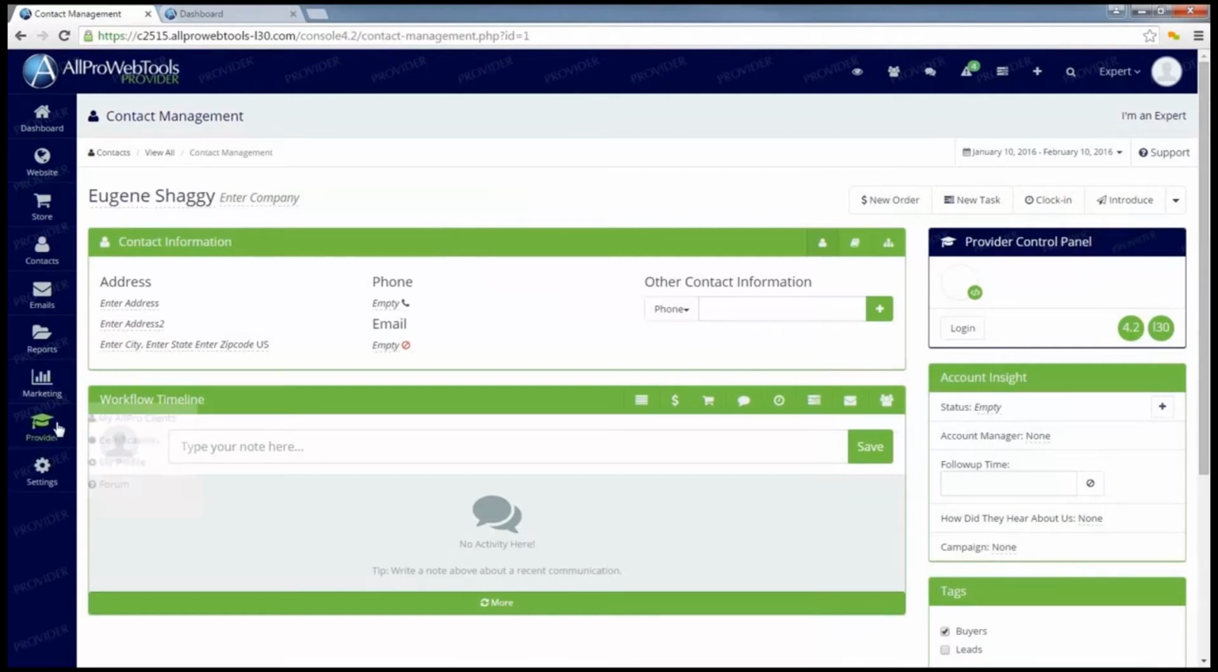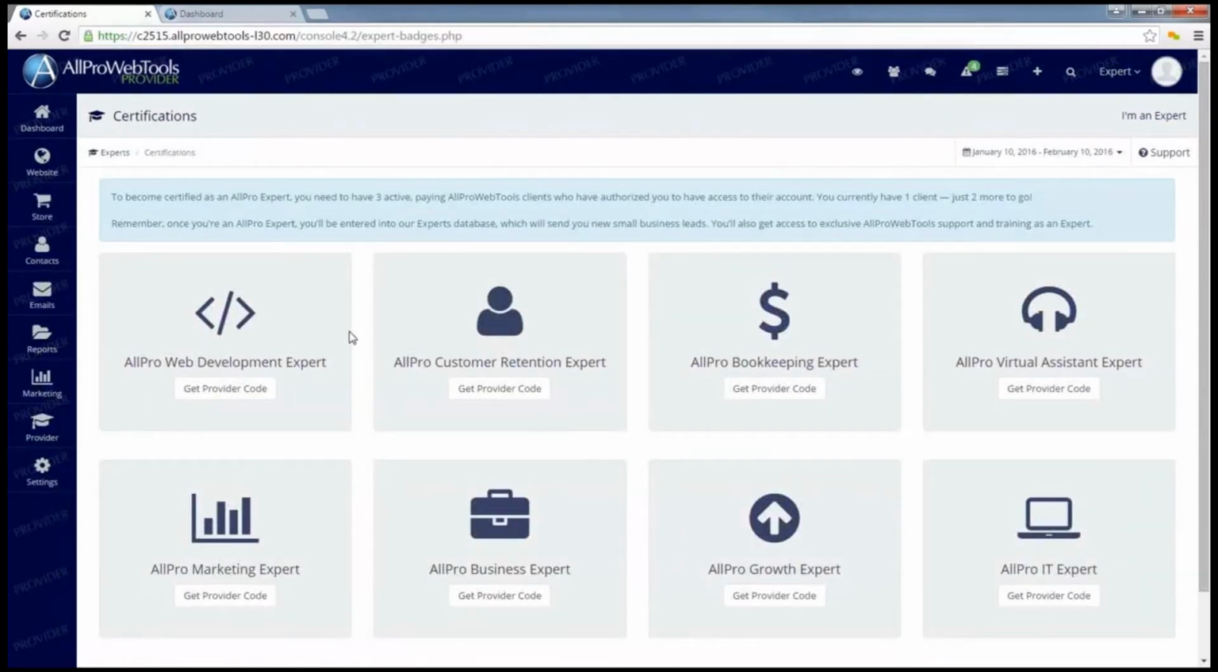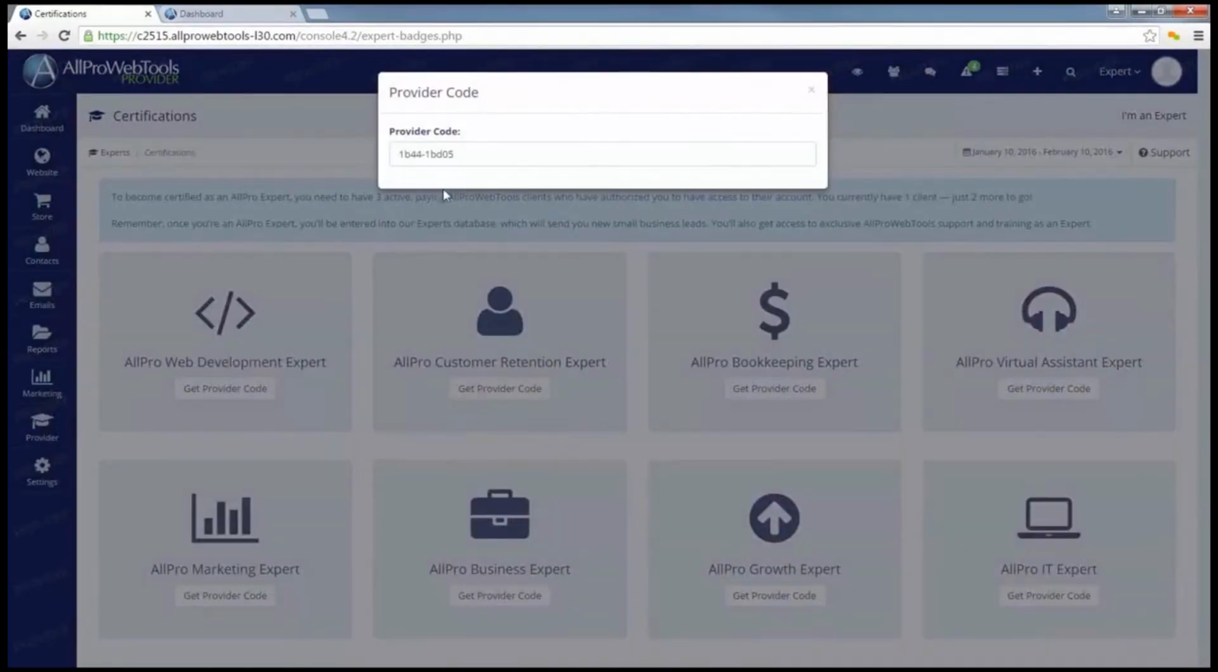Here I'm going to show you, if you go down to the provider and click on certifications, it will show me all the possible certifications I could get. Up here, you'll see that I need to get 3 active clients to actually start taking the tests and get certified as an expert. Right now, I only have 1 client, but I need 2 more to get to the 3. To get closer to that 3, what I can do is, for instance, if somebody wants to work with me as their customer retention provider, I can click on this Get Provider Code under Customer Retention. And it will show me the code that I need to give to that customer. So I can take this code,